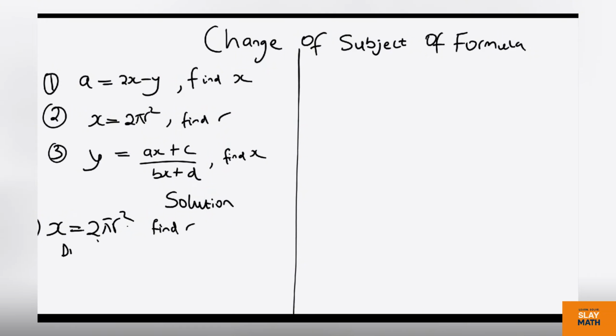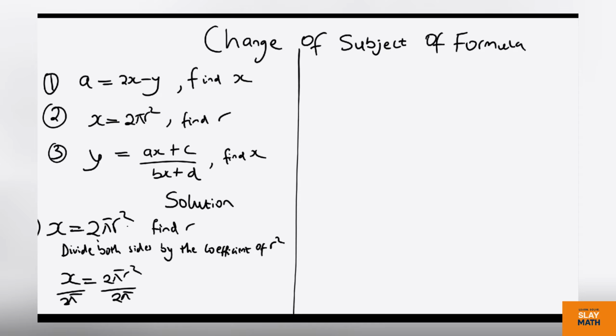So we have x over 2 pi equal to 2 pi r squared over 2 pi. On the right hand side, 2 pi is going to cancel out 2 pi, and we are left with